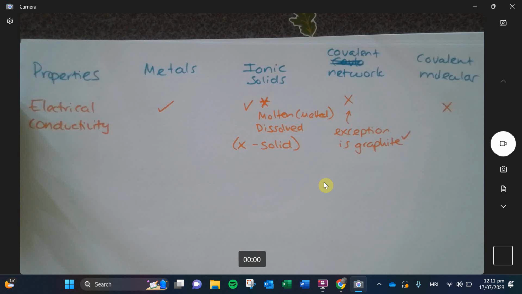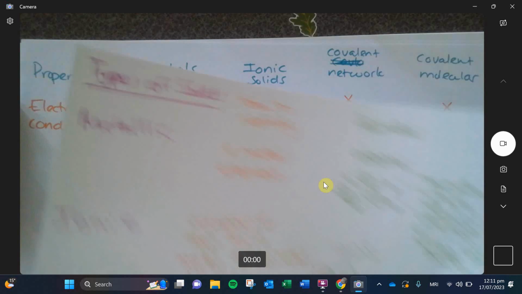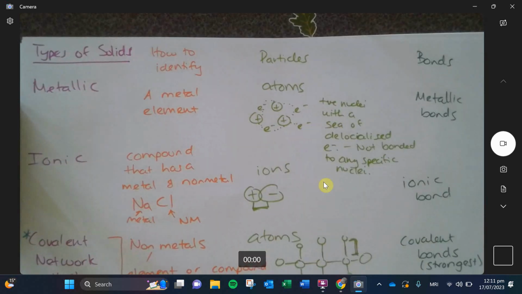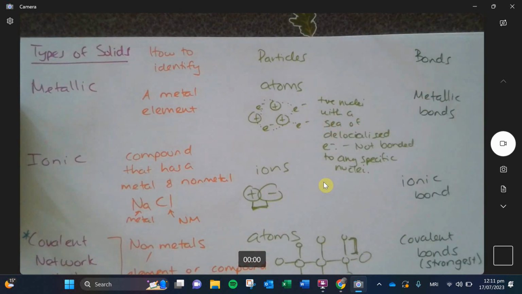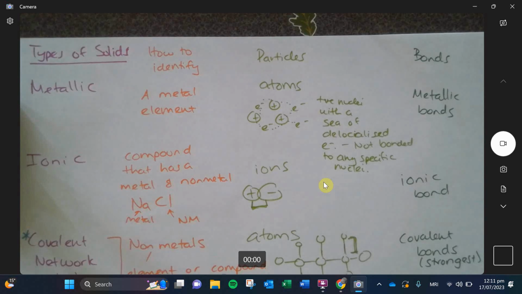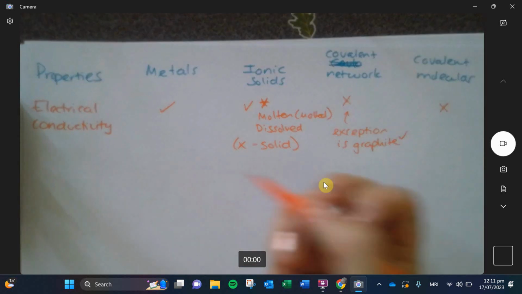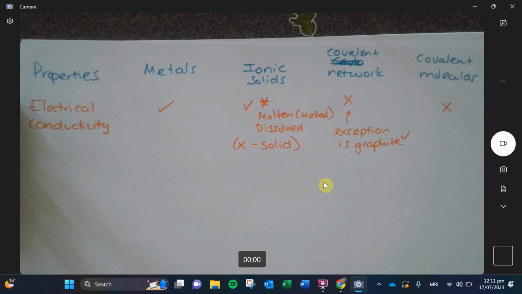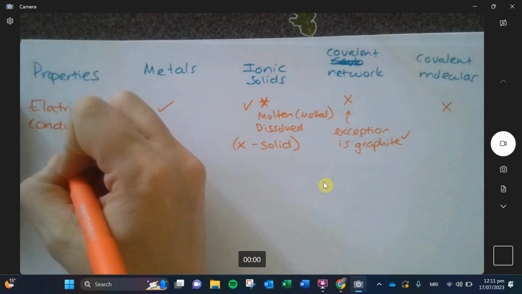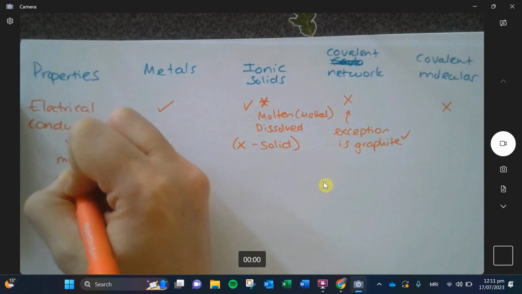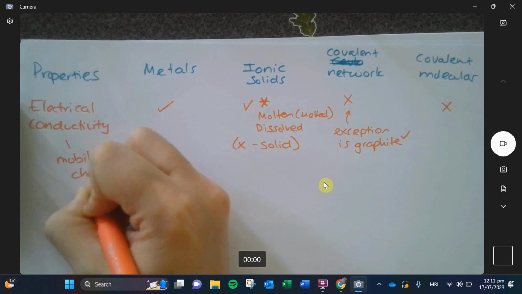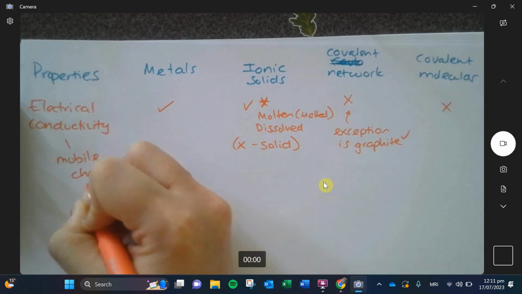The merit is then getting you up to explaining why. So when you explain why, you're tying back to this previous table, and you are talking about the particles, and you're talking about the bonds, depending on the situation. In this situation here, your justification would be about the particles. So to conduct electrical conductivity, you need to have a mobile, charged particle